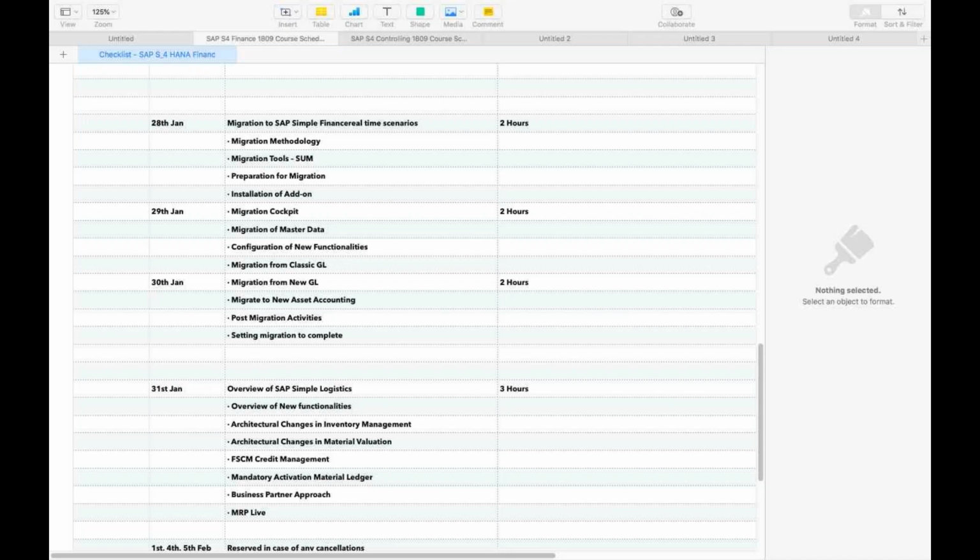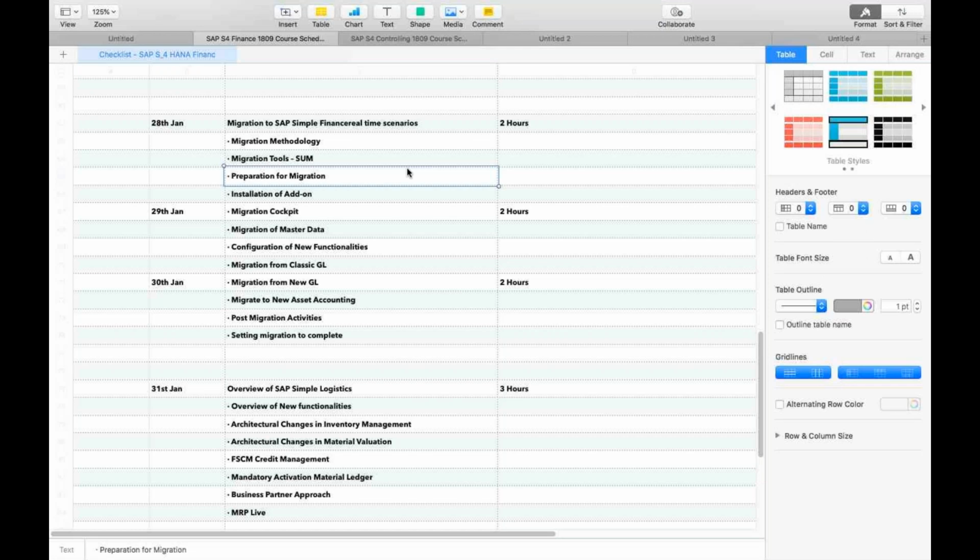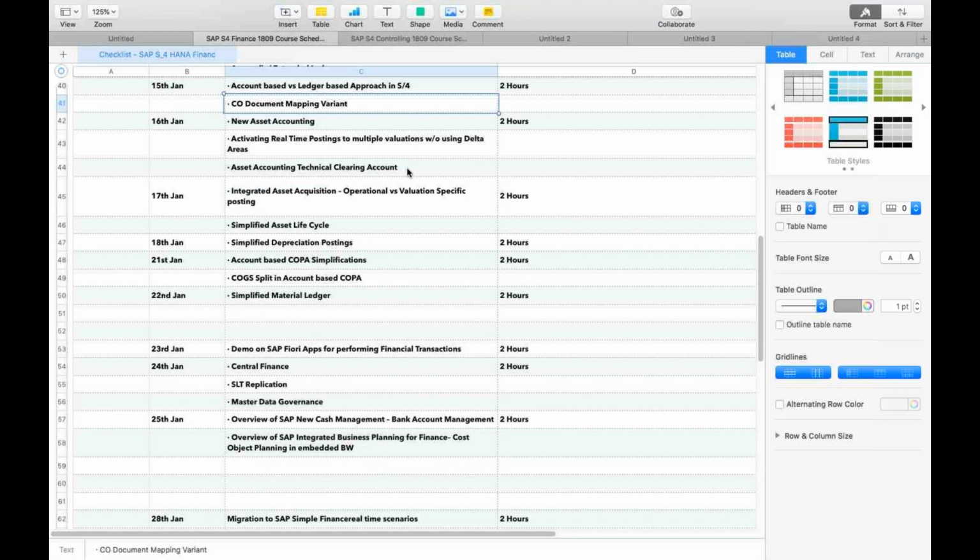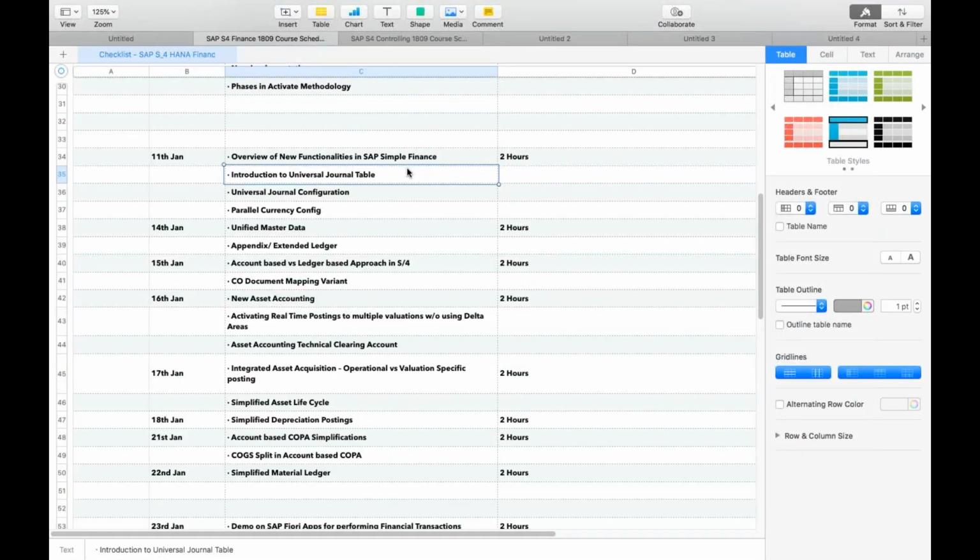Schedule. Okay. So currently we discussed the introduction to the universal journal table just now. Universal journal configuration, which consists of ledger and all. Parallel currency config we discussed. Master data we also discussed today. Extension ledger also we discussed, but we need to see some scenarios in more detail.